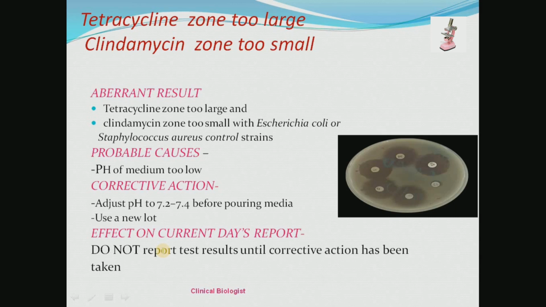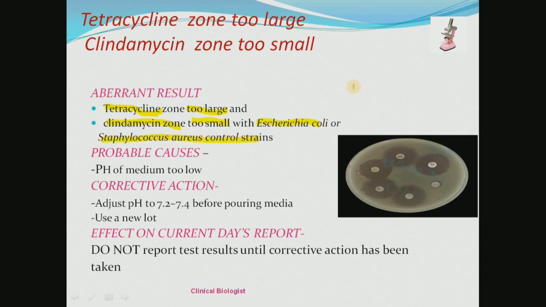We'll see here. If you find the tetracycline zone too large and the clindamycin zone too small using the Escherichia coli and Staphylococcus aureus control strains,